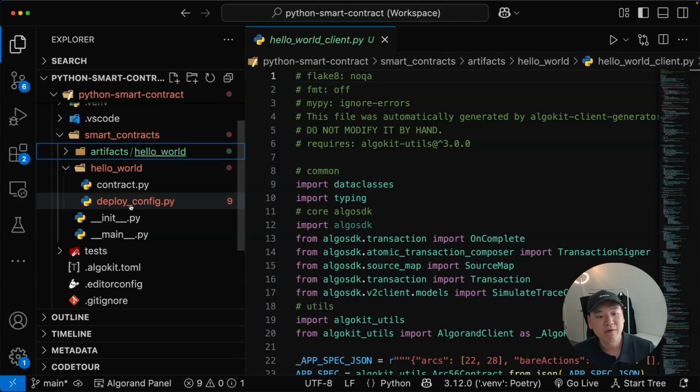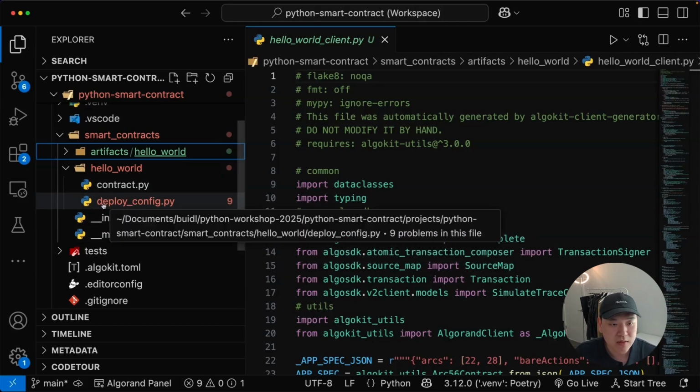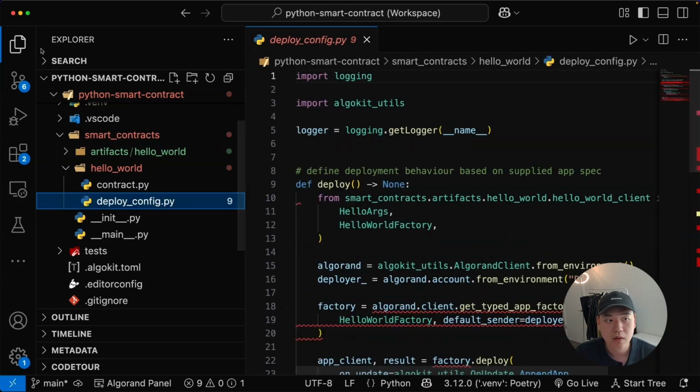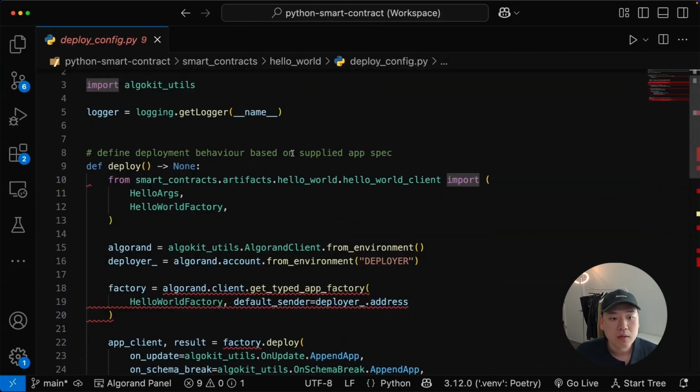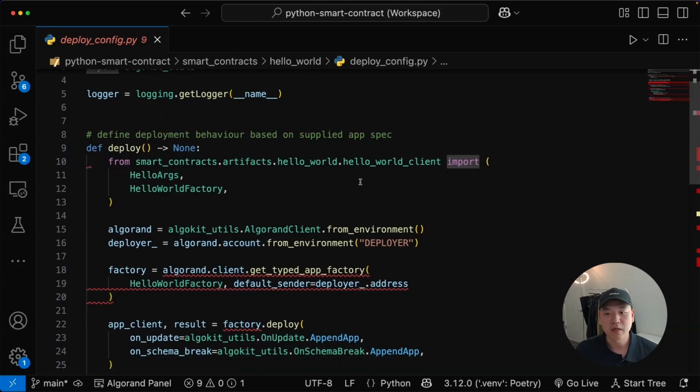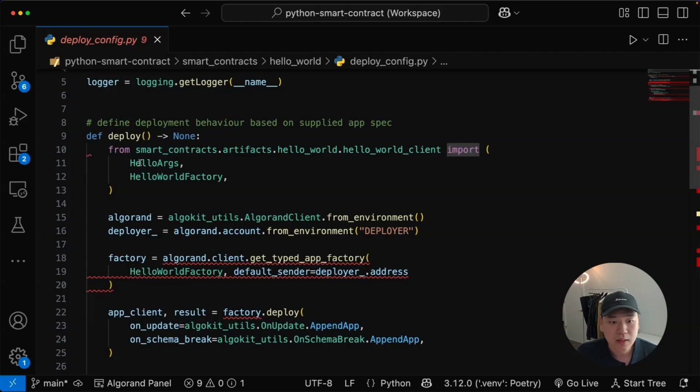Okay, now that we have compiled our contract, let's try deploying it. So now we're going to take a look at this deploy_config.py file. All right, let's take a look at what's in here. Cool. So inside of the deploy_config.py file, it has a deployment script that runs when you try to deploy your contract. The first thing it's doing is